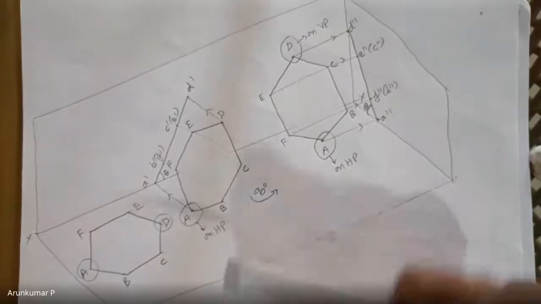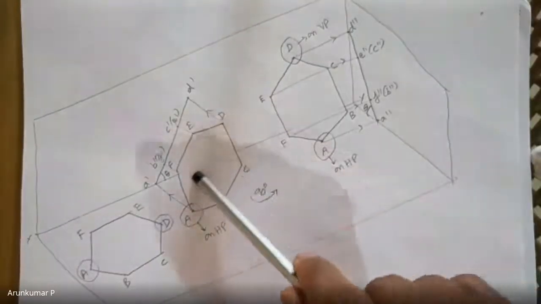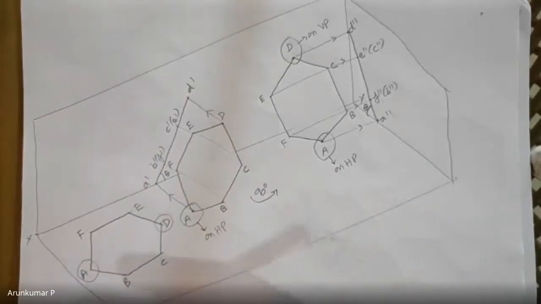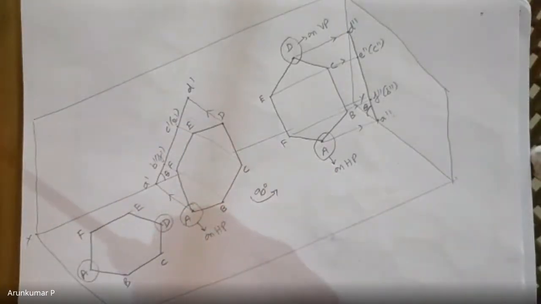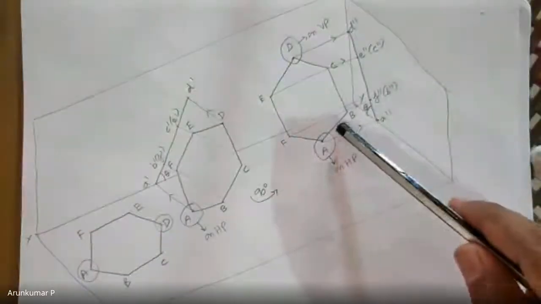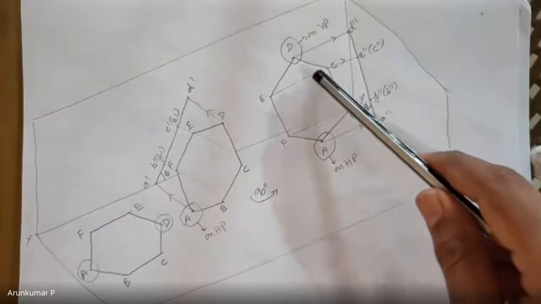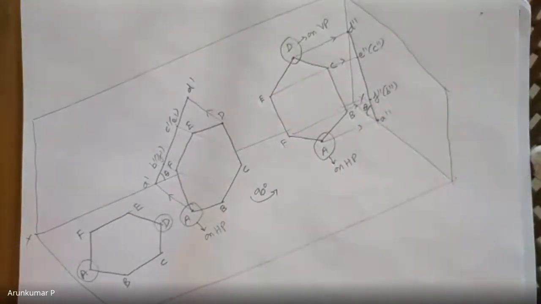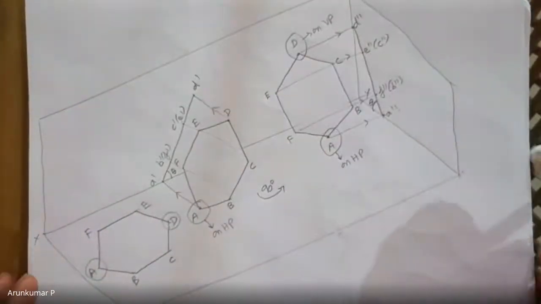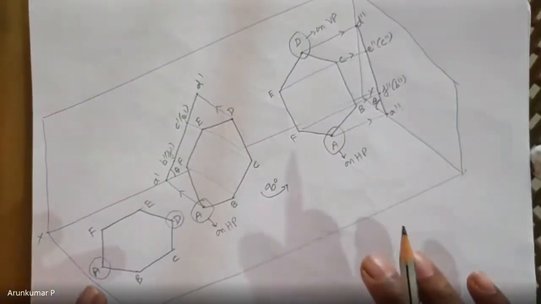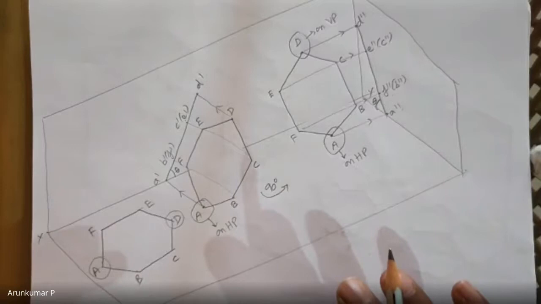And I need not tell you, you already know that in the second step top view you will get a smaller hexagon because there will be sides which are not parallel to HP. You have to find out those sides, and whatever it is, you'll get a smaller shrunk hexagon. It's a polygon of six sides, and that is what you have to reorient in such a way that one corner is on HP and the opposite corner is on VP. Okay, let us solve it in 2D. I hope this is clear. You understood how it looks like in 3D.